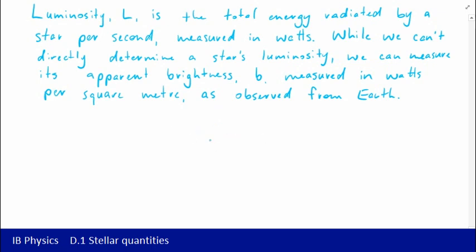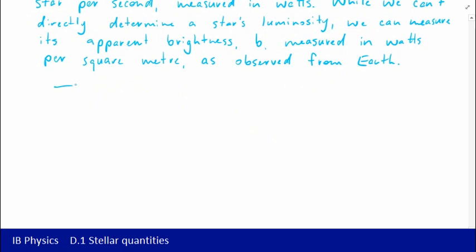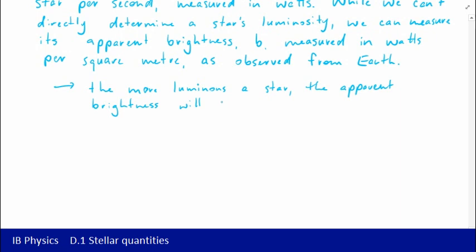Before we go into that, though, as I was just alluding to, the more luminous a star, so if we've got a star that's radiating more energy per second, then it makes sense that the apparent brightness will be greater. So we can express that as a relationship, and that relationship would be directly proportional. So we could write that B is proportional to L,